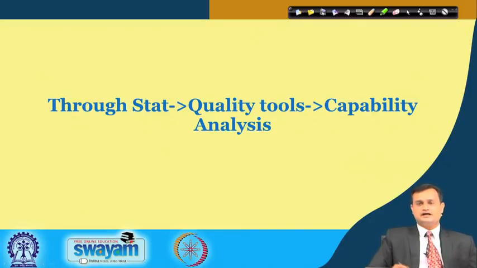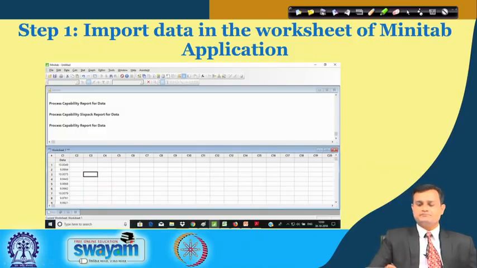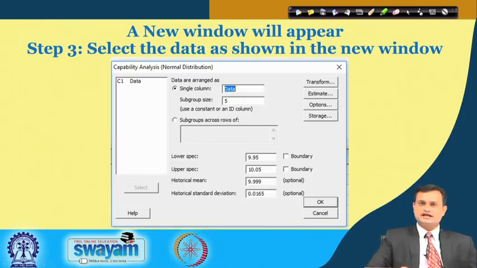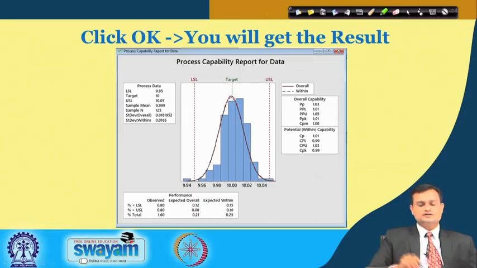Now, you can use the other option, that is Quality Tools, Capability Analysis. So, once again import the data, then go to Quality Tools, Capability Analysis and select Normal. Once this is done, once again you insert the values of your upper specification limit, lower specification limit, mean, and the standard deviation, and you have subgroup size 5. So, you will have different analysis windows or different graphs available, not like Sixpack where you are getting 6 different graphs in one window.